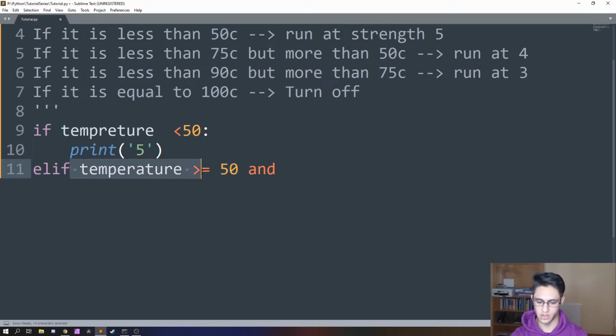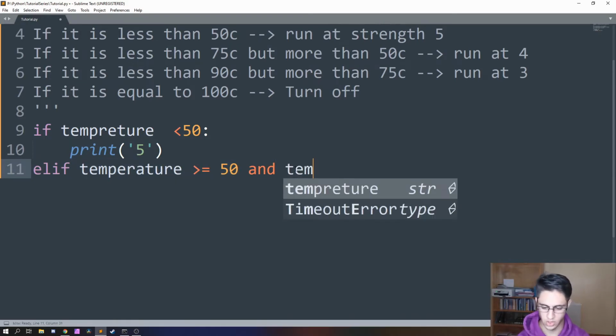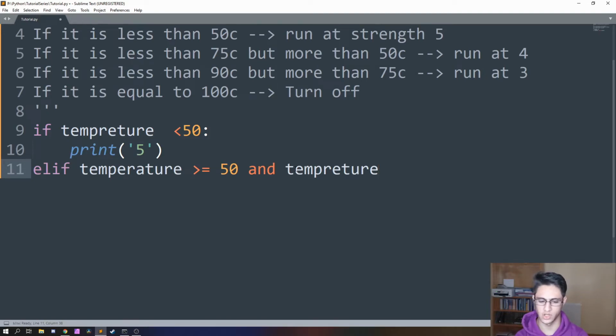So if temperature is greater than or equal to 50, and temperature, we have to call the variable again, which is kind of annoying. And this is not spelled right, I don't believe. I should have just called it temp. Anyway, and if temperature is less than 75 degrees,